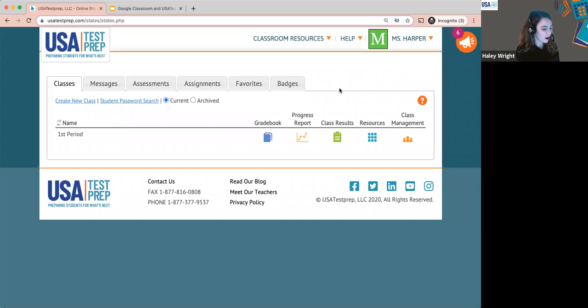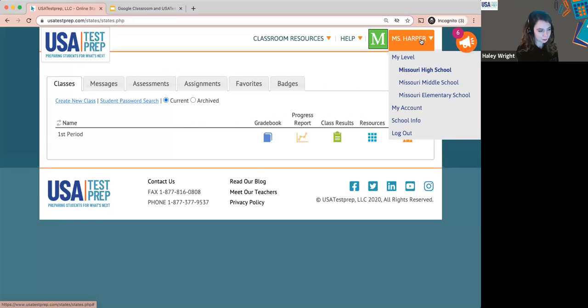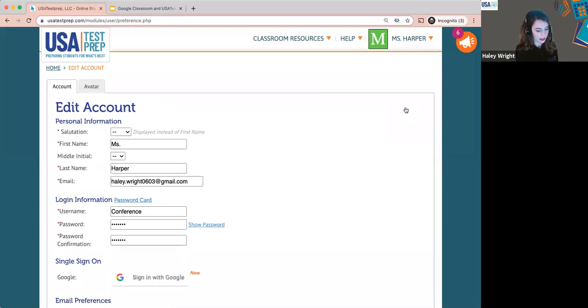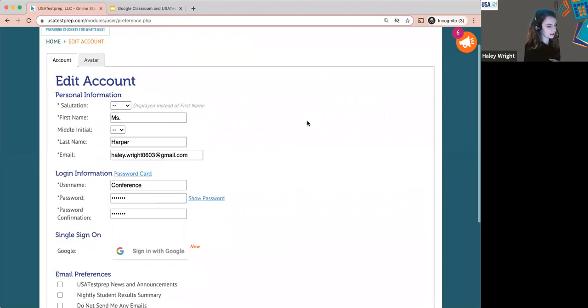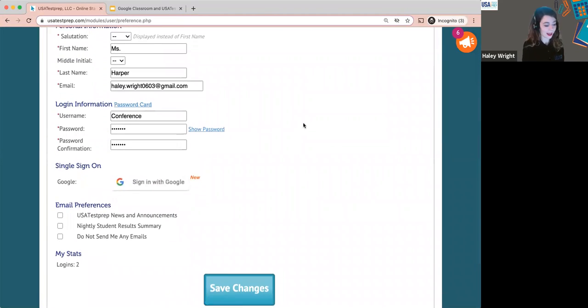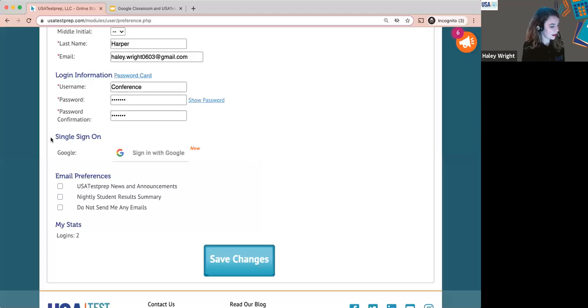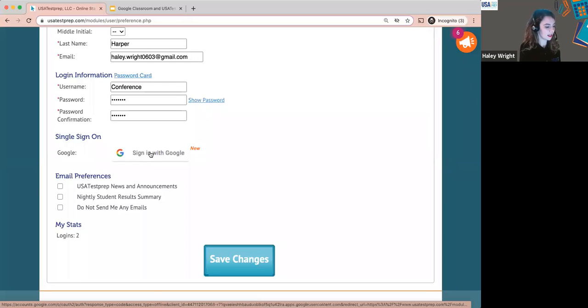From my homepage here in USA Test Prep, I'm going to hover over my name and go down to my account. So first step, hover over your name and go to my account. Now, you're going to scroll all the way down. We're only going to focus on Google today. You're going to see this header that says single sign-on, and then it says Google, and a little button there that says sign in with Google. So that's our magic token piece here. Once you click on that,